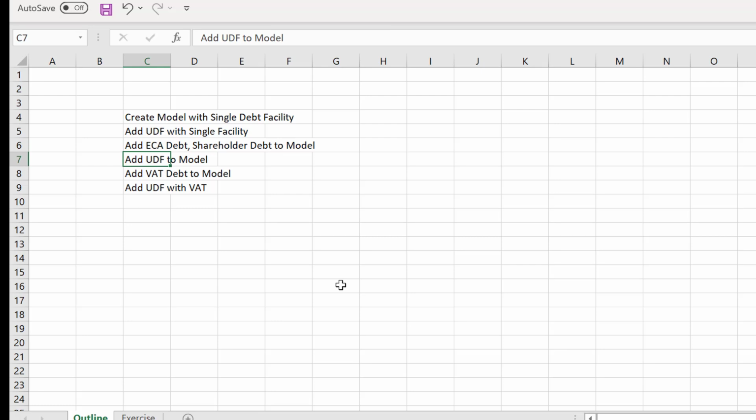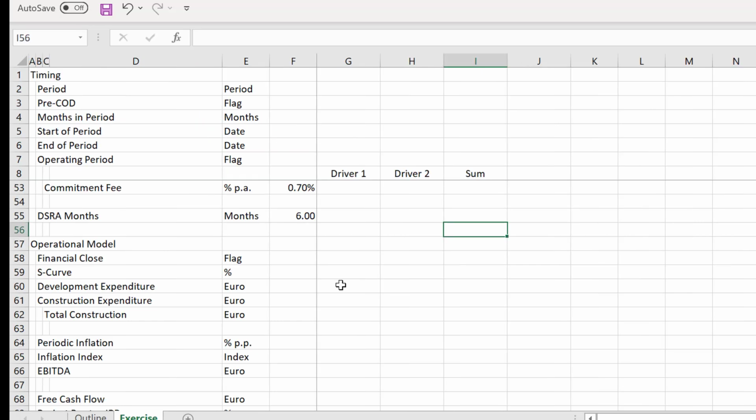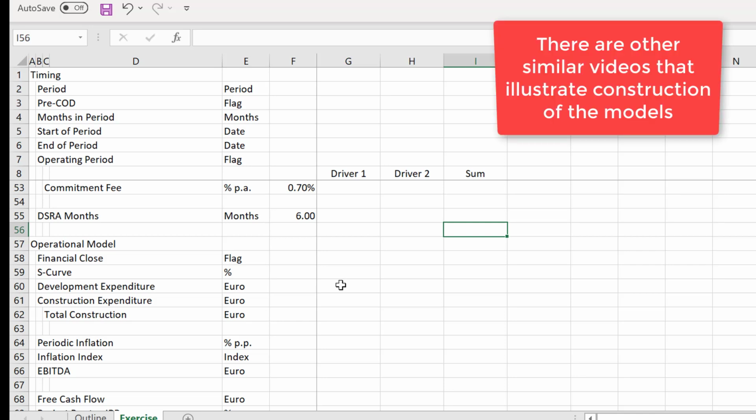And then I'm going to add some VAT debt to the model and use the UDF with VAT debt. Now, this whole thing is not really interesting to me anymore because I think this is pretty easy. But this resolves all the circular references related to pre-commercial operation, pre-COD. If you want to resolve the issues related to post-COD,